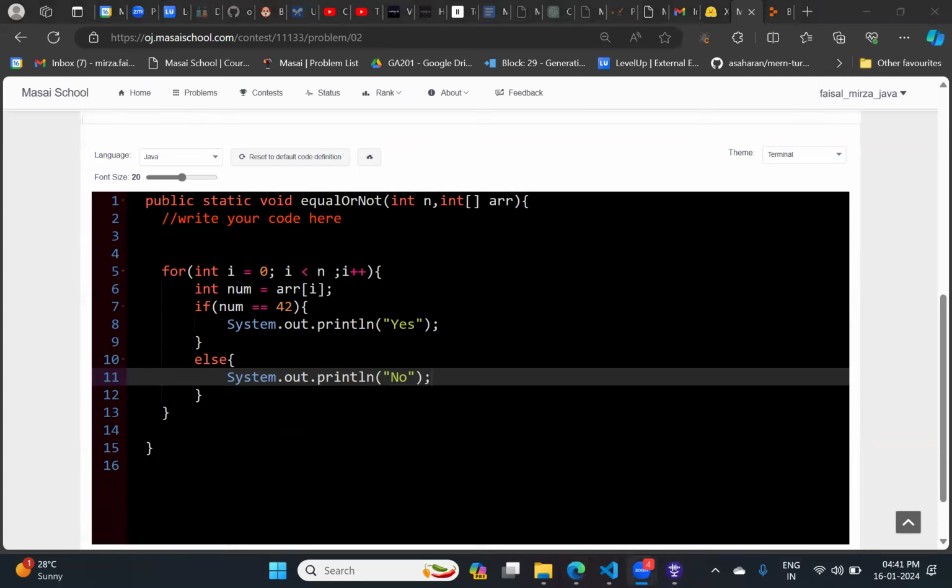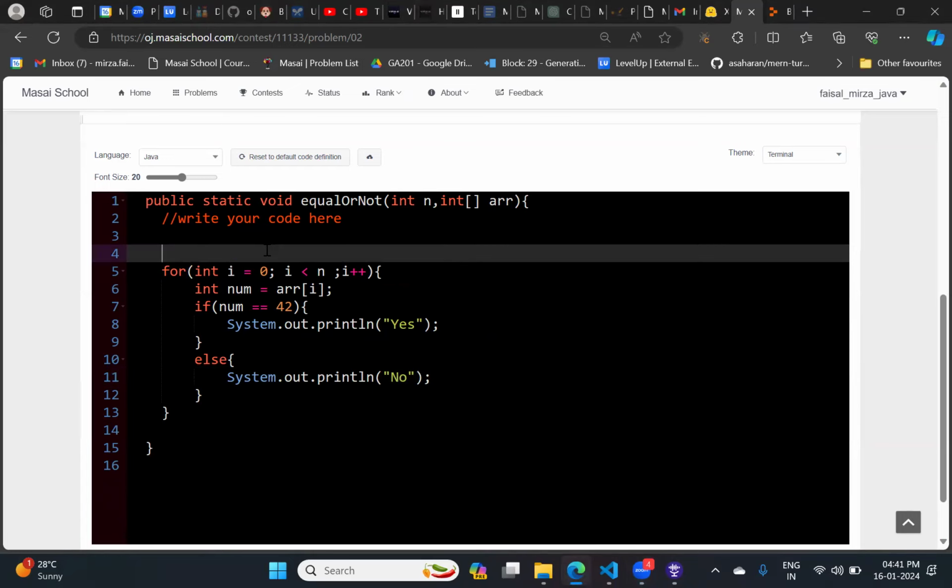Define a variable boolean isPresent as false. Where exactly do I need to define that boolean variable, sir? Before the for loop. I'm taking one boolean variable, flag, starting with false.